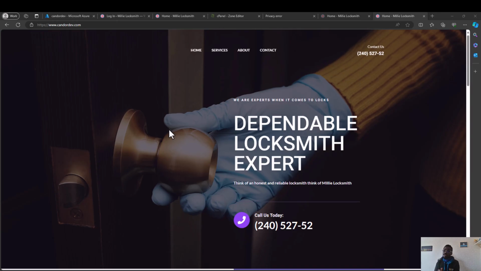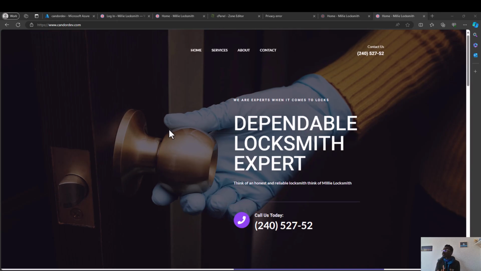After that was completed, we went into our Azure portal, and we added our custom domain. After adding our custom domain, remember we also added the www, so that both URLs go to